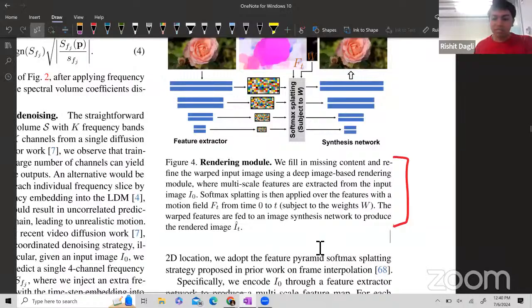But yeah, then they say this essentially gives you outputs similar to flow matching, gives you all of these warped features, and then you can pass it to an image synthesis network, which would be very standard, just take all of these individual splats and render a full image.